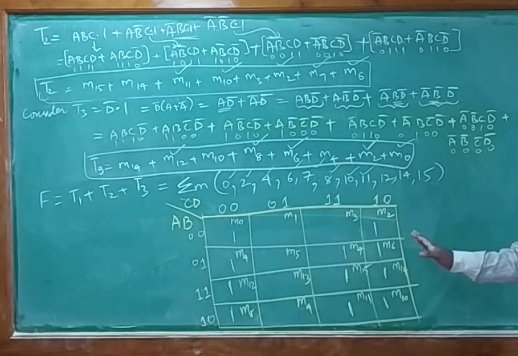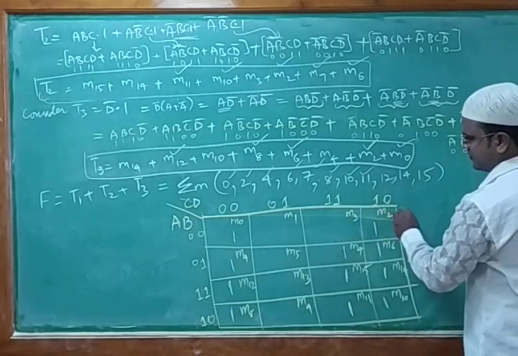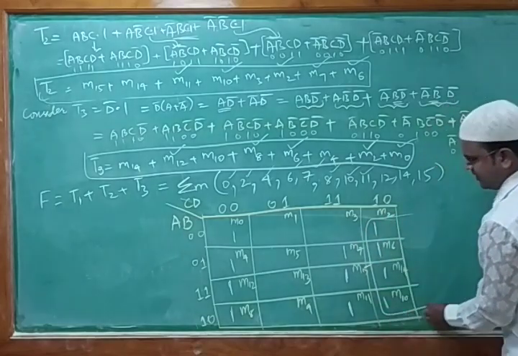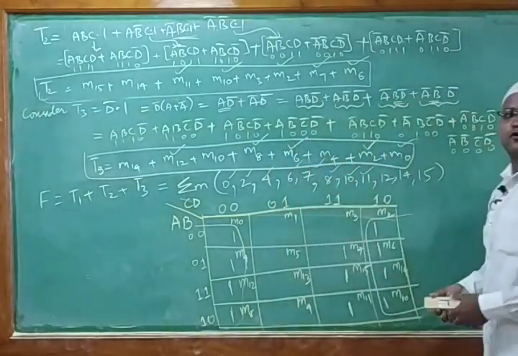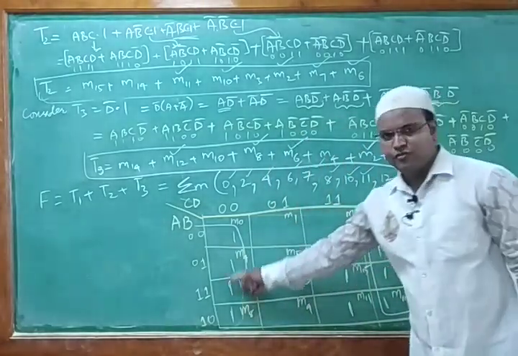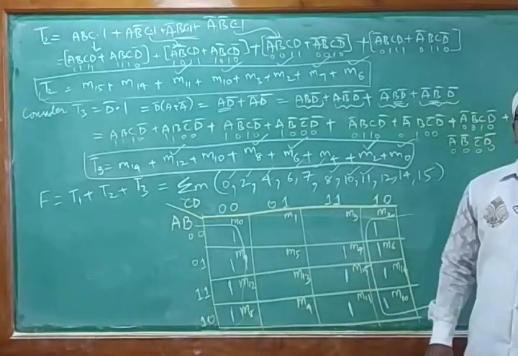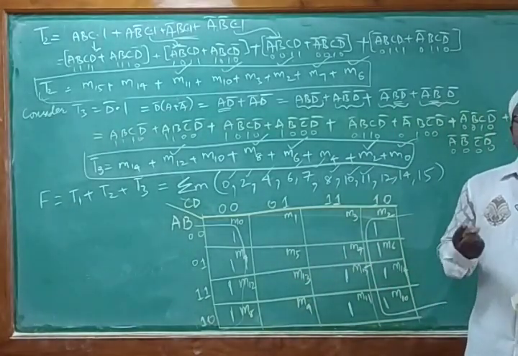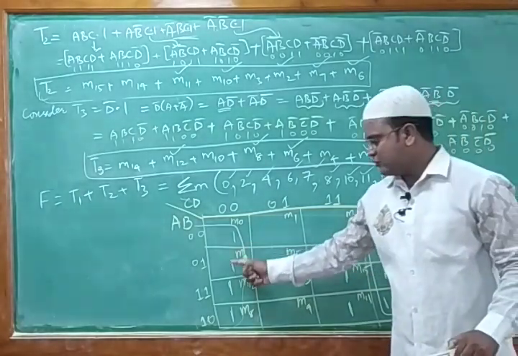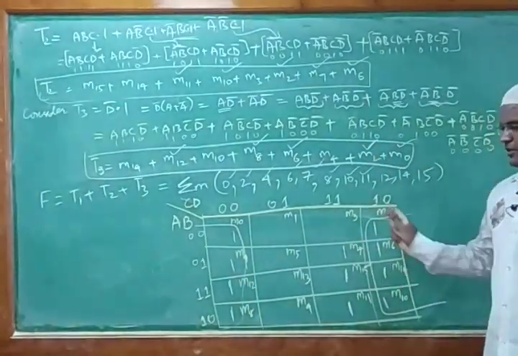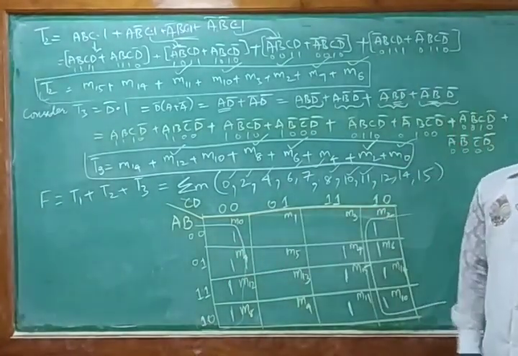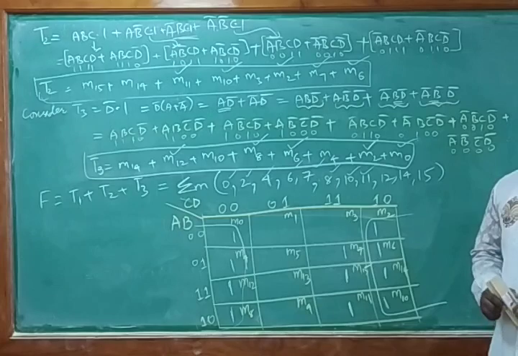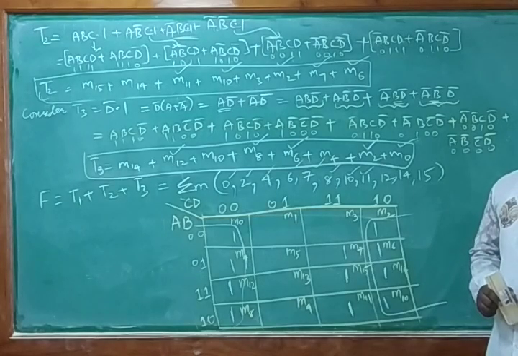Now here we are getting 4 combinations. As you can see, if I combine these two, this set of ones and this set of ones, this is called folding. Here 4 ones and here 4 ones. So all 4 ones are there. What is this called? It is an octet. Octet means 1, 2, 3, 4 and 1, 2, 3, 4. This is folding we are doing. By combining these 4 ones and 4 ones, we get 8 ones. That 8 ones, what will we do with it? We will write that function value. So what is the function value?